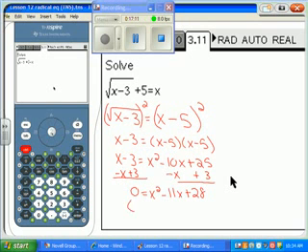Now you have a factor, yeah? What are you going to get? Are my signs the same or different? And they're both going to be? Okay, so give me two numbers that multiply to be 28 and add to be 11. 7 and 4. So what are my solutions? X equals, oops, sorry. X equals 7 and,